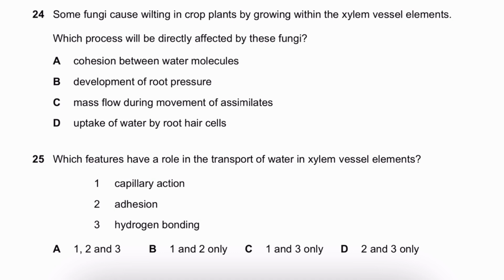Mass flow during movement of assimilates. There's no assimilates moving in xylem. Uptake of water by root hair cells. Again, it's something to do with the root, not with the xylem. So it's definitely the cohesion between water molecules. It could basically alter how the water molecules are going to bond, since there is not much space left for